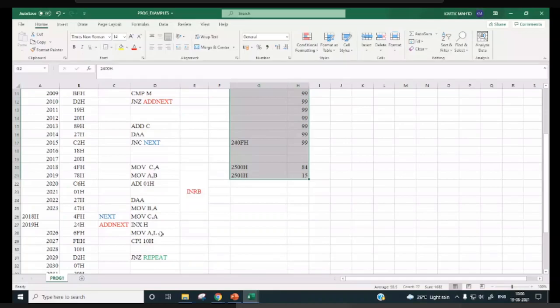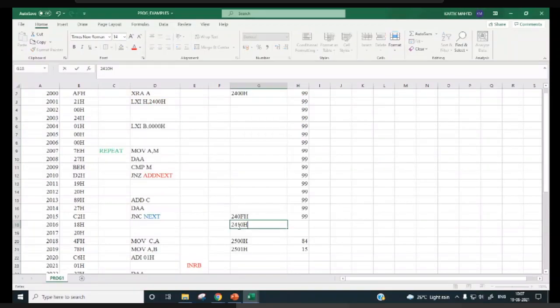If it is incremented 16 times, then the content of L will become 10 and all bytes are added. From here to here all bytes will be added, then this will be 2410H. So HL will be over here. So addition will continue till 240F, and after that it will stop.